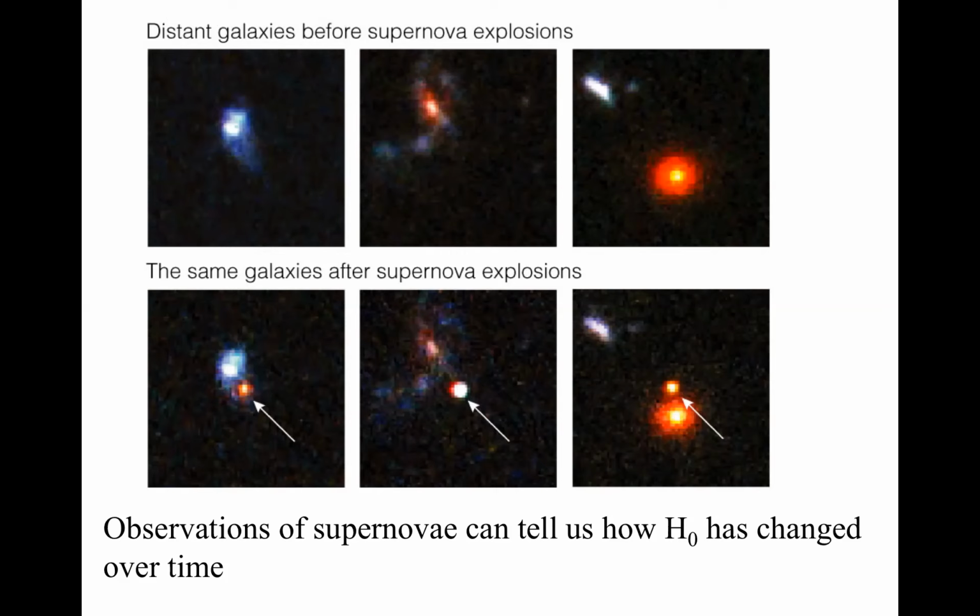And so we can map out peculiarities, curves in the Hubble flow, and track how the expansion rate has changed over time. And that should tell us which of those curves we were on before. The one that goes straight back, the one that curves down really quickly. So which one is it? Do we live in the recollapsing universe? Do we live in the coasting universe? Do we live in the critical universe? This should tell us which of those curves we live on. And the answer, amazingly, is